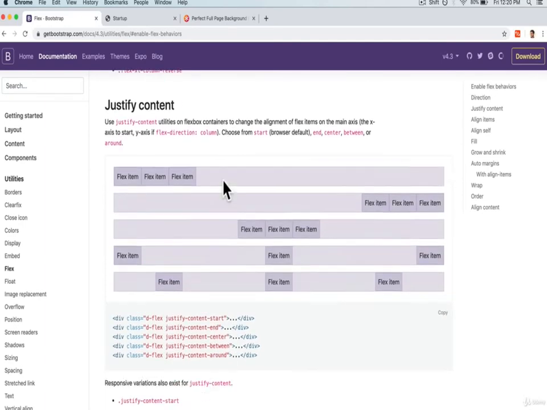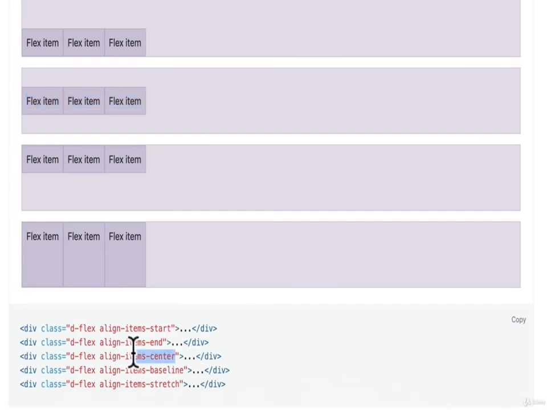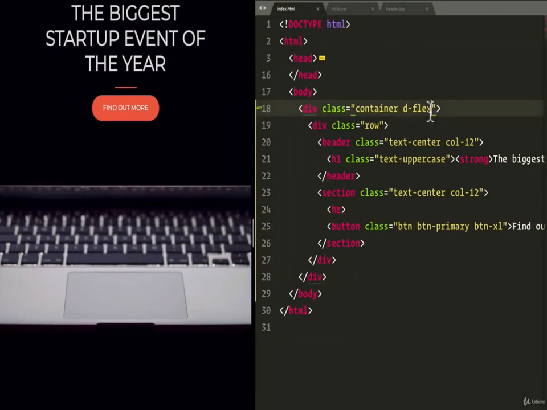And this, if we scroll down, is what we want right here. Align items. If we look over here, it's align-items-center. So if I copy this, which is this one over here, and we add align-items-center, if I refresh,